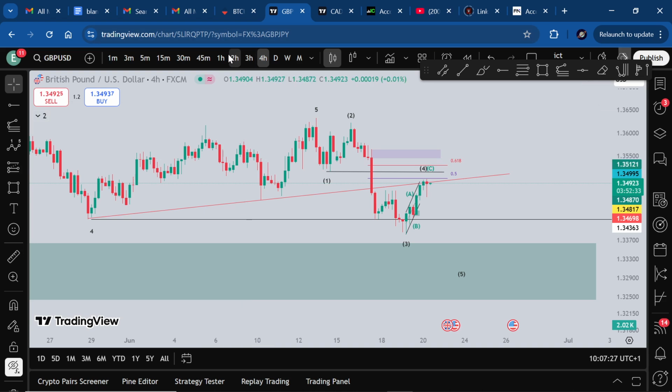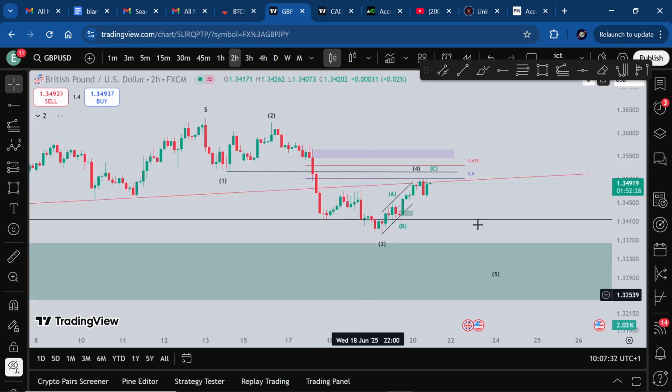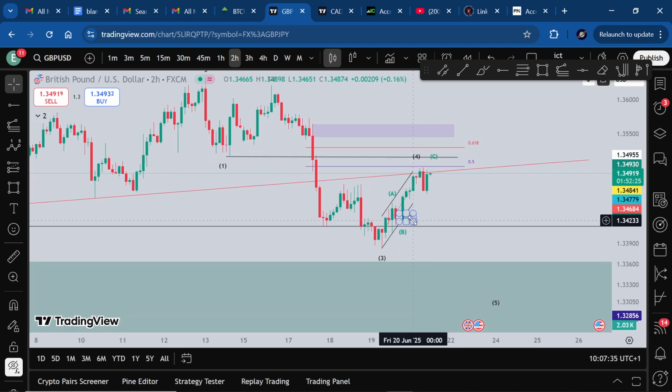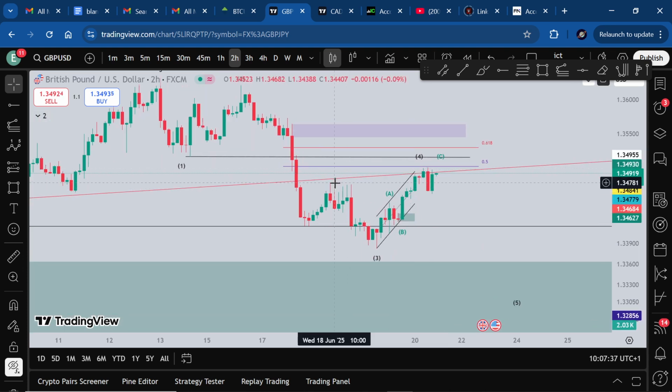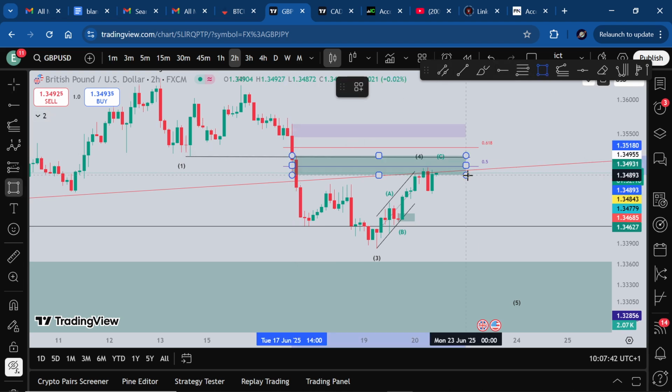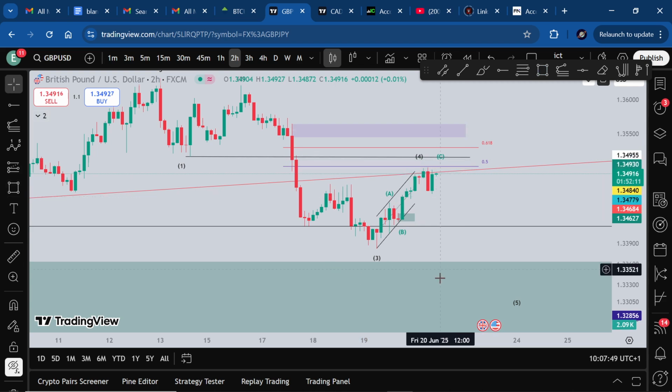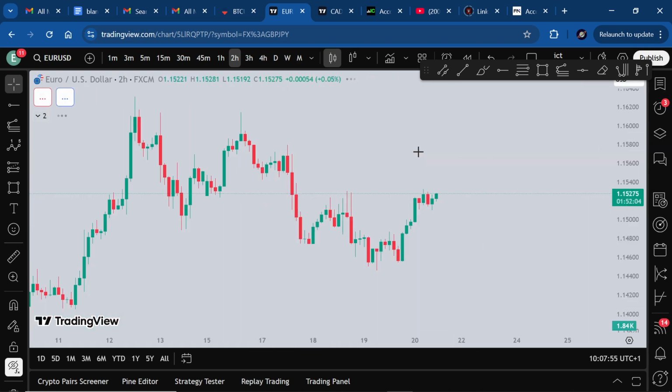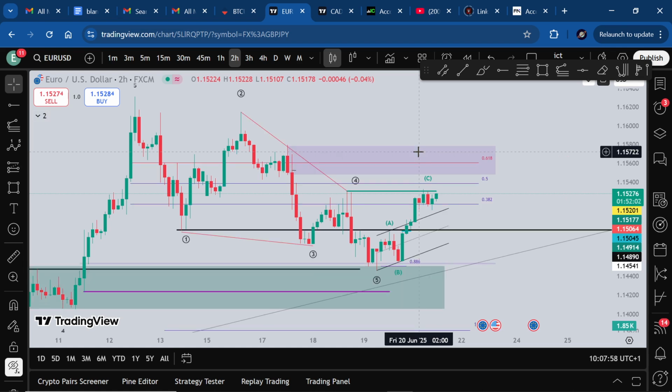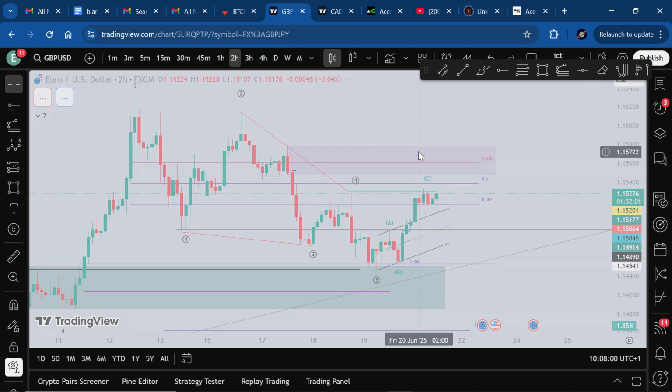Let me go to the smaller time frame. So yesterday I did say that we were likely to come back into a supply zone I had drawn here. We had the supply zone here as well yesterday. And I was like, we're going to at least reach that supply zone and then drop or go higher. Is it Euro USD? It was the pound. Anyway,